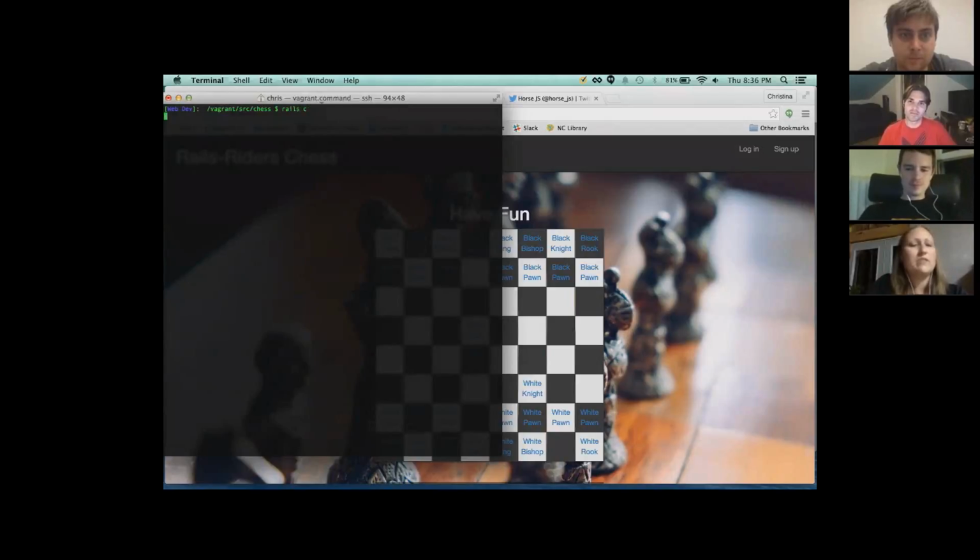So if you type Rails C, and I loaded it in as my default, so it's going to come up with Pry. And right here it tells you Pry, and you're in the main part of Pry right now. And it's kind of like the shell commands. You can CD to different classes. So within my chess app, we have the game model. So I CD'd into that. And if I type game,